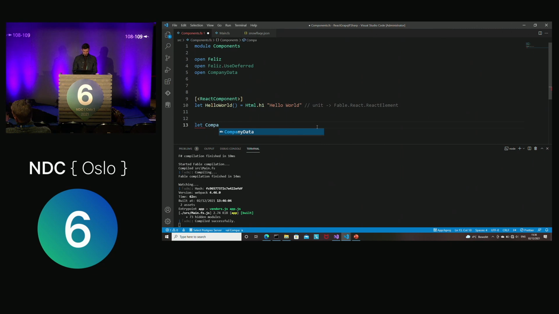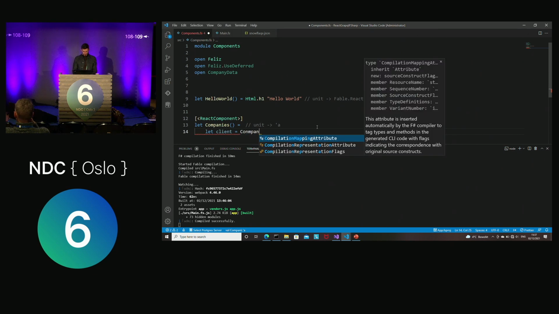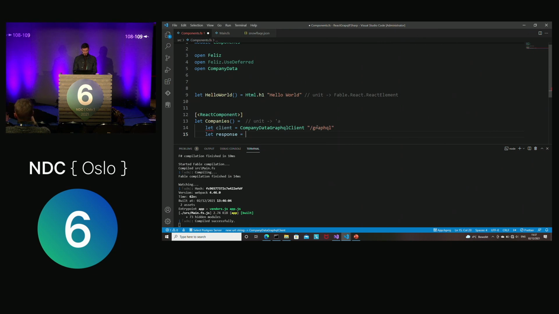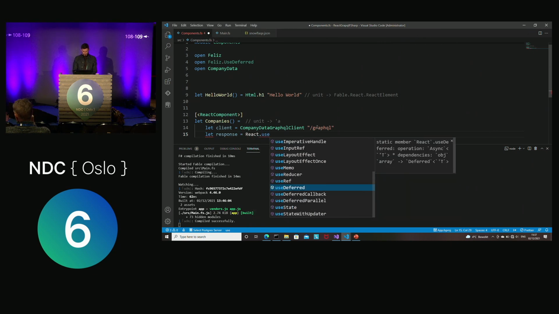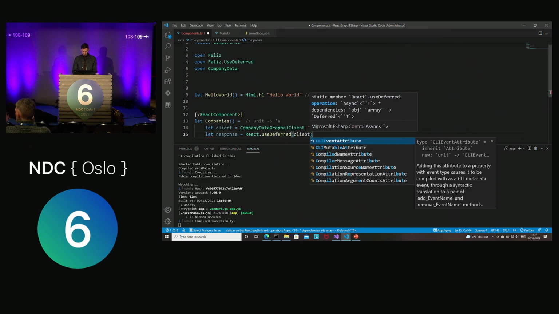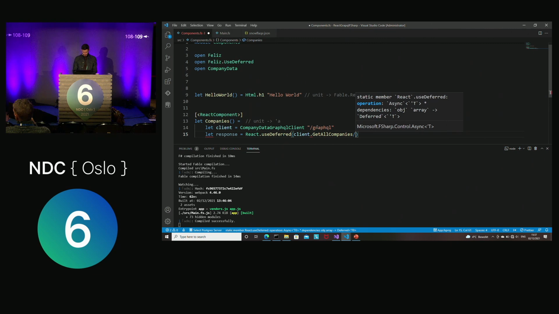So let's say I have the company's React component, and that is a React component that has a client, which will be the company data GraphQL client. Now this one doesn't need to know the full URL because it's being proxied as if it was the backend. So just a path is okay. I have the client. I could get the response, which is React hook use deferred, and deferred will take something asynchronous. So that's client dot get all companies, and this has no dependencies